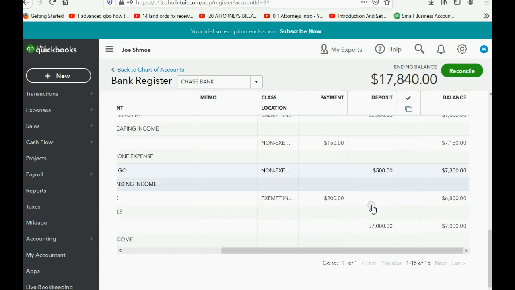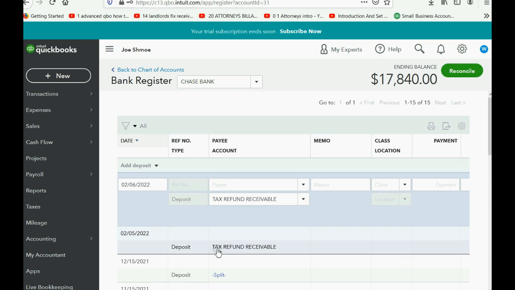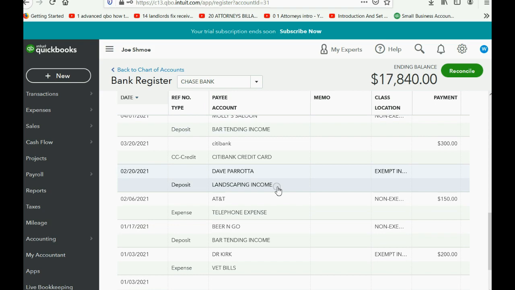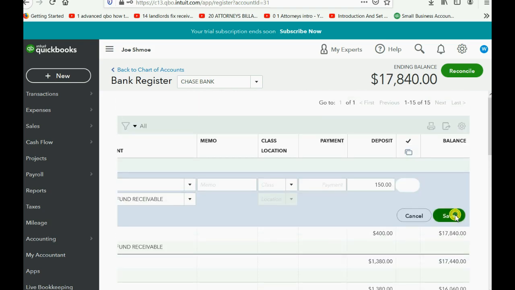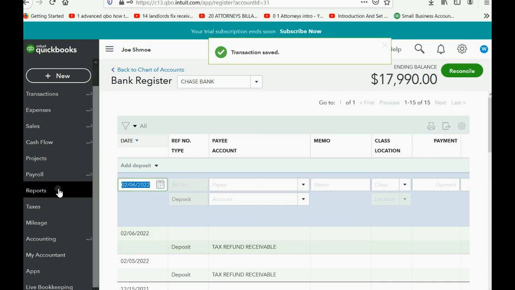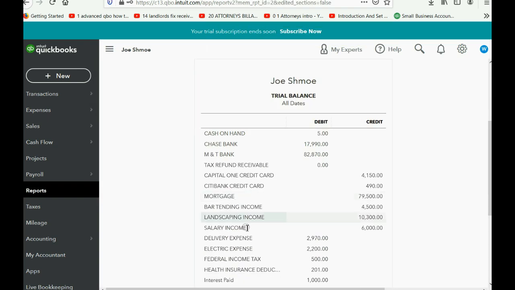So these are the dates and amounts that you received your federal and state refund. So we have to hit the record button, click Save. Now when you click Reports, Trial Balance, you can see that tax refund receivable is now 0 because